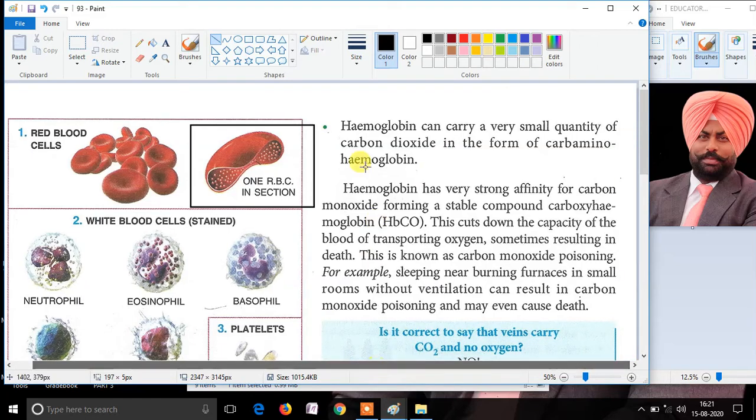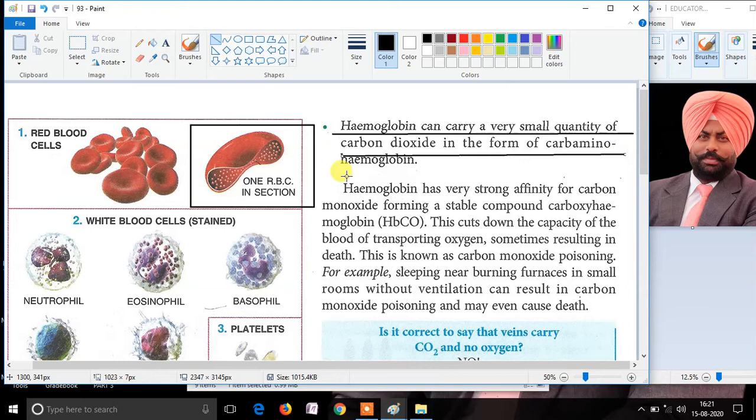Hemoglobin is also able to attach to carbon dioxide. When hemoglobin attaches to carbon dioxide, it is called carbaminohemoglobin, and it carries carbon dioxide back towards the lungs for the new oxygenation process. Carbaminohemoglobin is also an unstable compound, and carbon dioxide is liberated very easily from the hemoglobin so that hemoglobin can carry new oxygen molecules to the needy tissues.